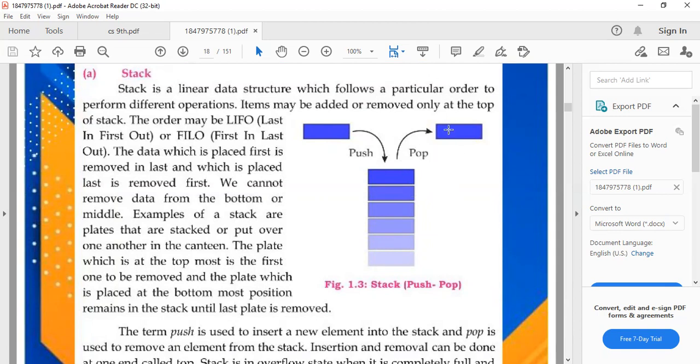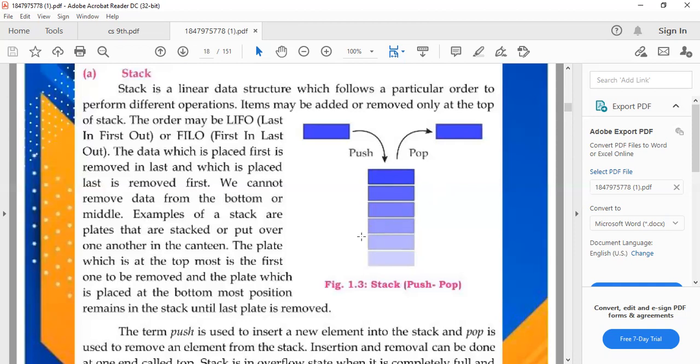It can be LIFO or FILO, both ways. The data which is placed first is removed last, and the data which is placed last is removed first. So it is vice versa.